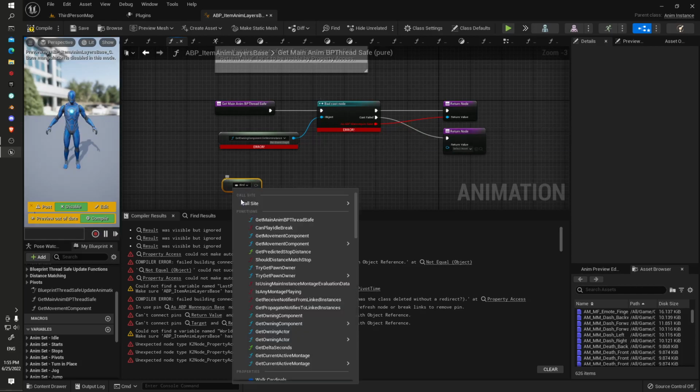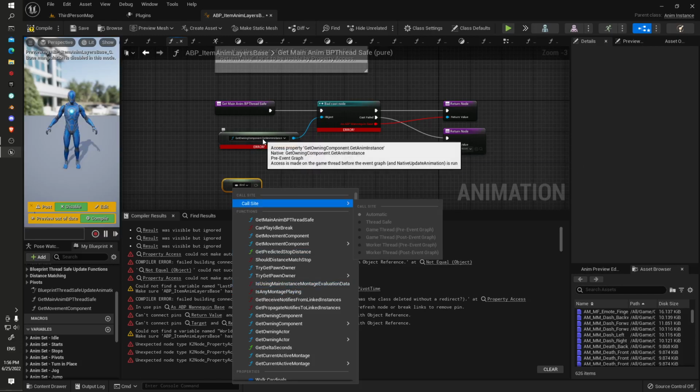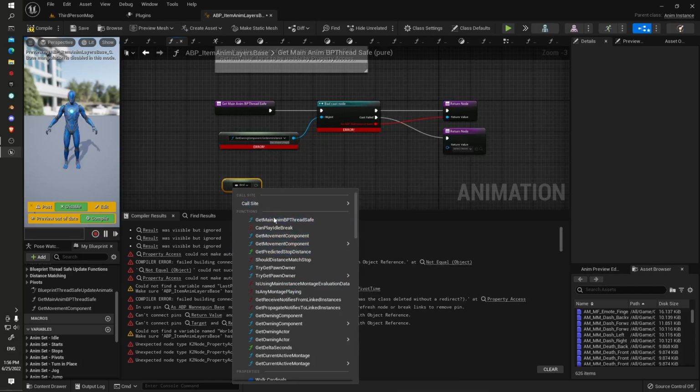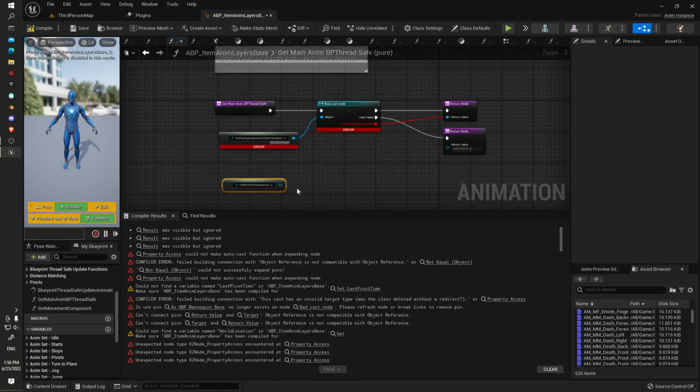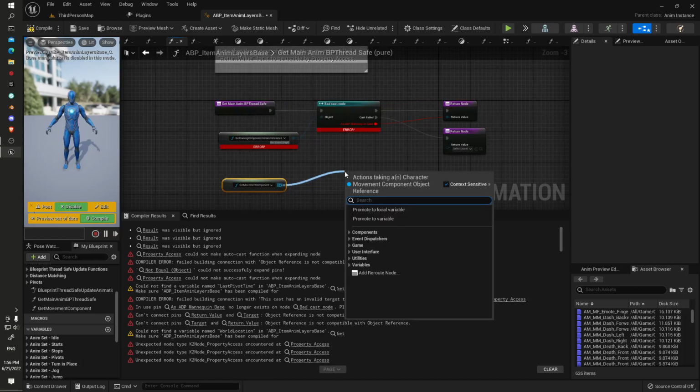If we go down here, any function that we've created within this blueprint should be in the first functions area here. So we're referring to our get owning, and also the standard default or inherited ones will be in here as well. Go on there, and we should be able to